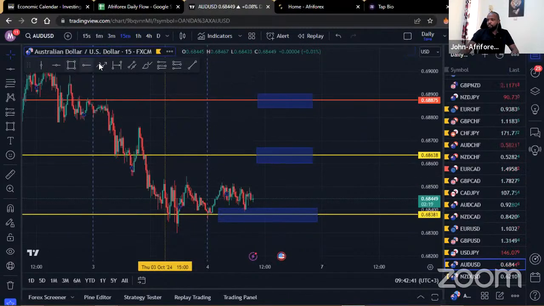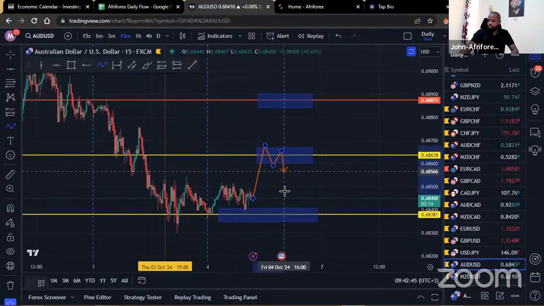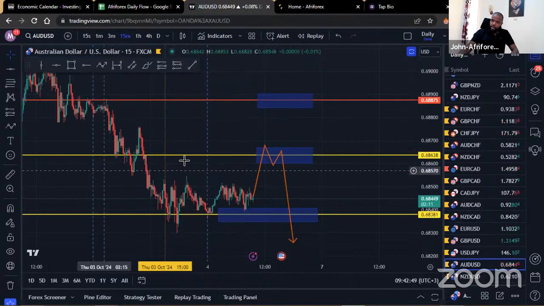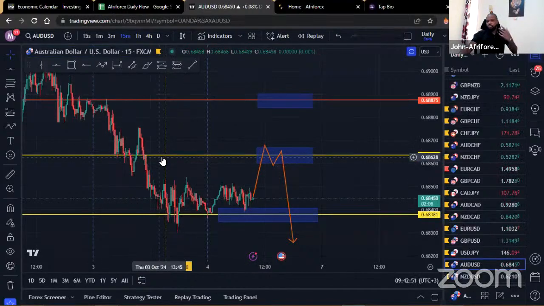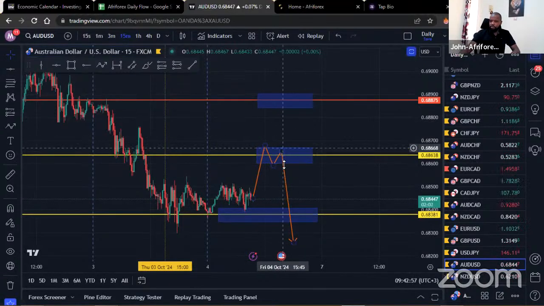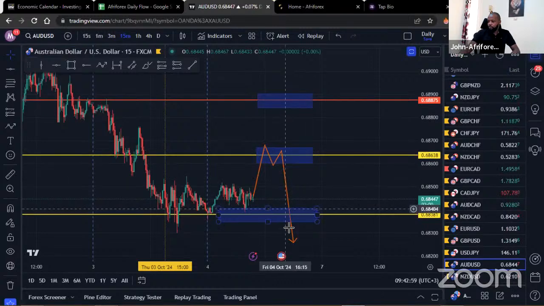If we could get the market possibly coming back in as close as possible within this region, because you can see that when the market actually broke this region to the downside, there was no retest within there. And that's the reason why we are thinking there could be a possibility that the market could come back in within this region. If that happens, then hopefully we could end up getting some good sales within there.